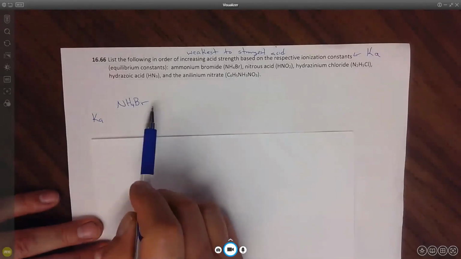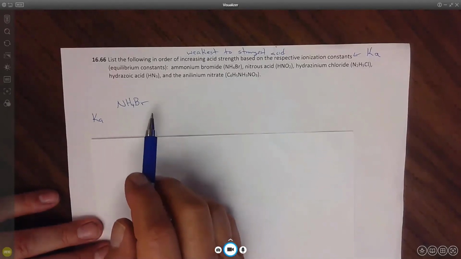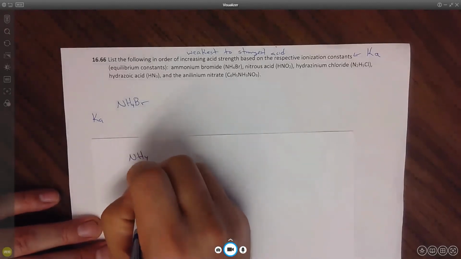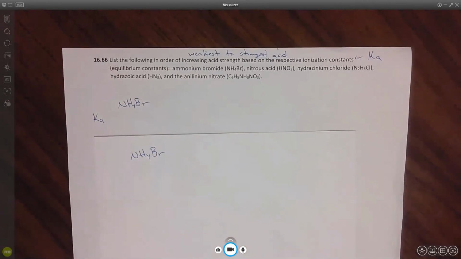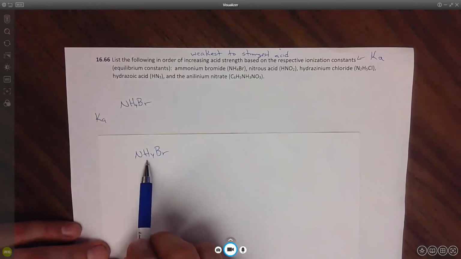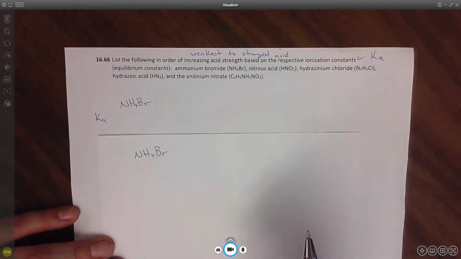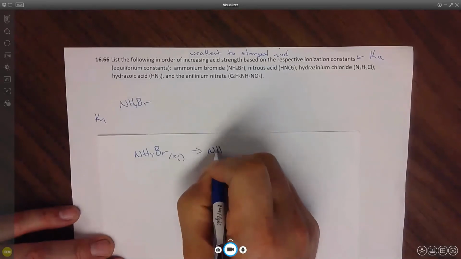There's no hydroxide, so it can't be a metal hydroxide. It doesn't have metal or oxygen, therefore it's a salt. Is this salt a strong or weak electrolyte? It's strong because of the presence of ammonia. Yeah, right. Rule number 1 says that any salt that contains the group 1A metals or the ammonium ion is going to be soluble without exception. And for salts, soluble means that it is a strong electrolyte, so it's going to dissociate into the ammonium ion